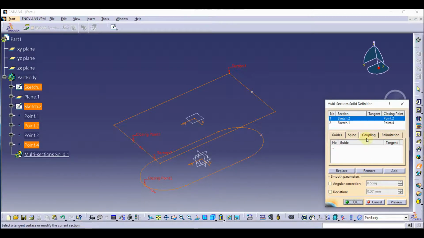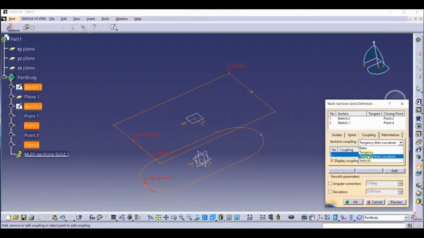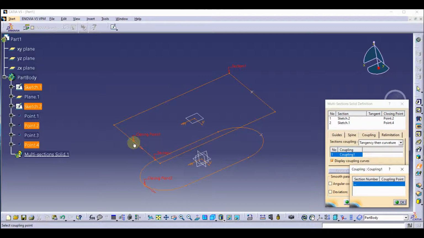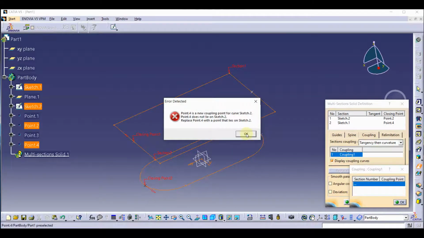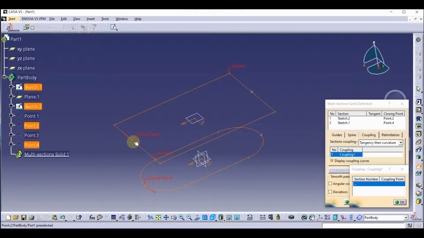Okay, now we go to the coupling option, and the option that we are going to choose is tangency, then curvature. Now we are going to add the coupling. Simply I'm going to add this one, this and this one, this point and this point.